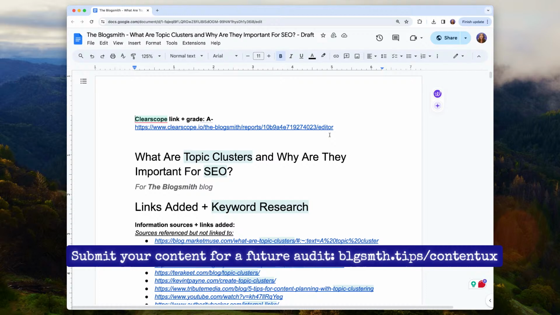And for those of you who don't know, Clearscope is a content optimization tool. It works by analyzing the top search results for a given keyword. Clearscope is a tool that you would want to use after deciding on a primary keyword. It's not the tool that you necessarily would use to make the decision as to what that keyword is. Once you've decided that that's what you want to optimize for, it generates a report to help you really thoroughly address that topic in a way that will help you rank in relevant search.